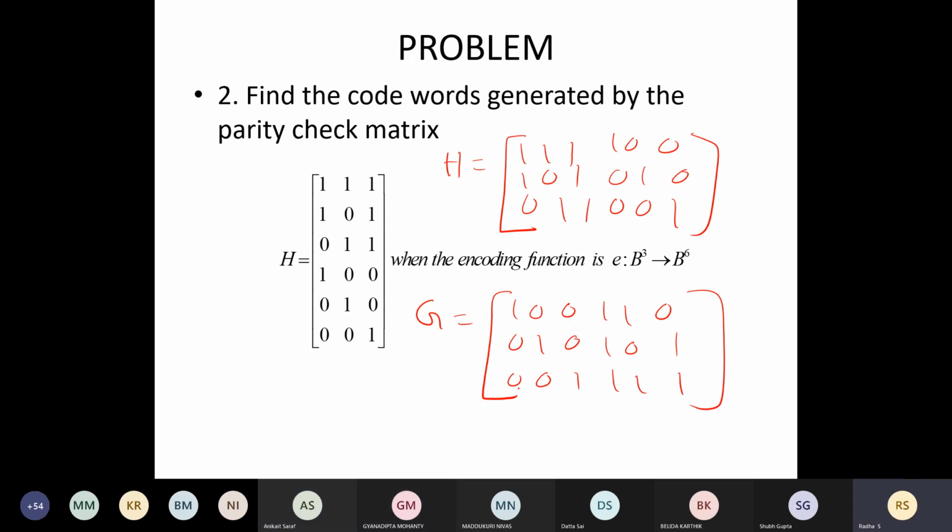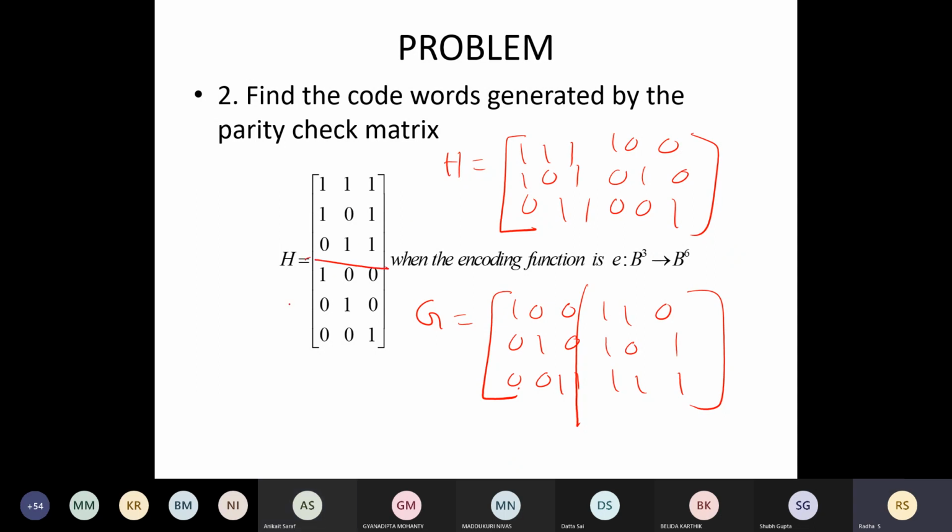In the H matrix, the first column should be 1, 1, 1, right? As we did in the last case. No, the H matrix is correct.